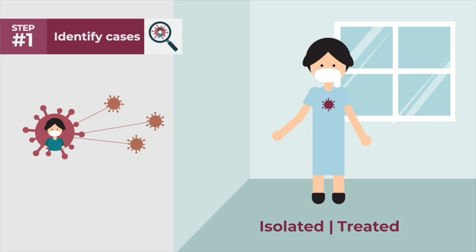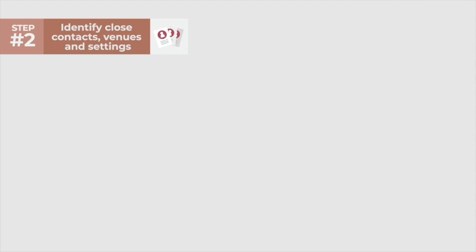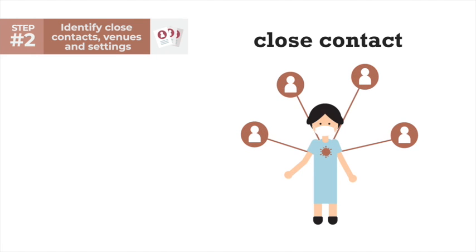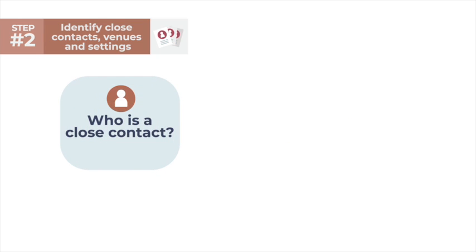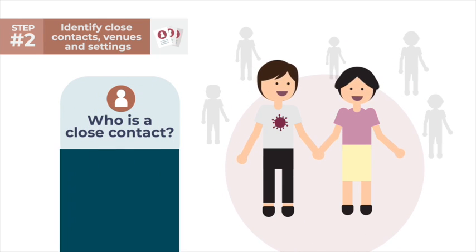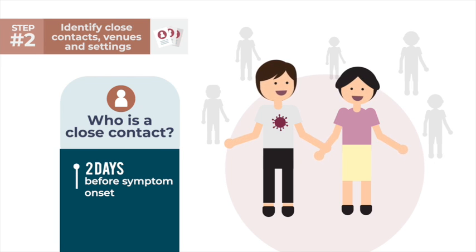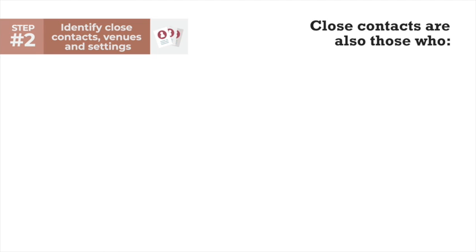Contact tracing should start as soon as a person with COVID-19 or a person who may have COVID-19 is identified. Identify close contacts and venues and settings. All persons considered to have close contact with the individual with COVID-19 or those who may have COVID-19 should be listed and profiled. A close contact is an individual who was exposed to a person with COVID-19 from 2 days before the onset of symptoms until the patient has had a negative result in a repeat test. The World Health Organization also recommended to include as close contacts those